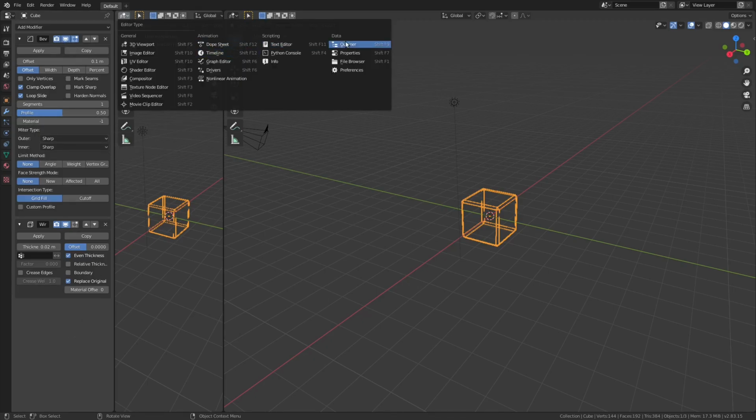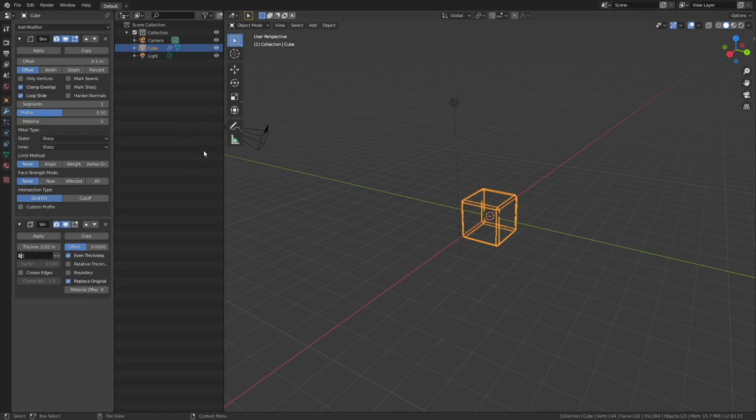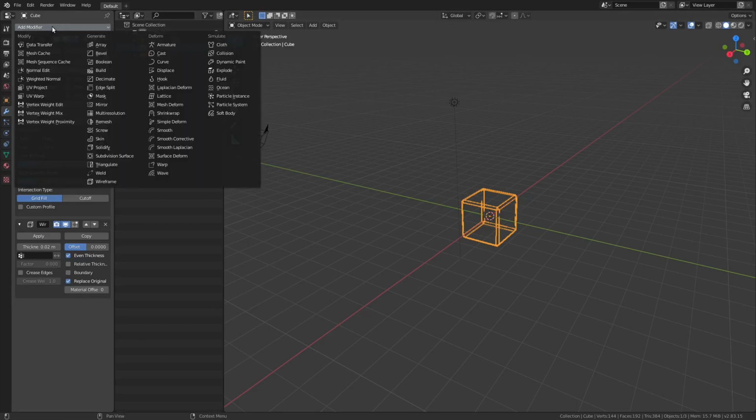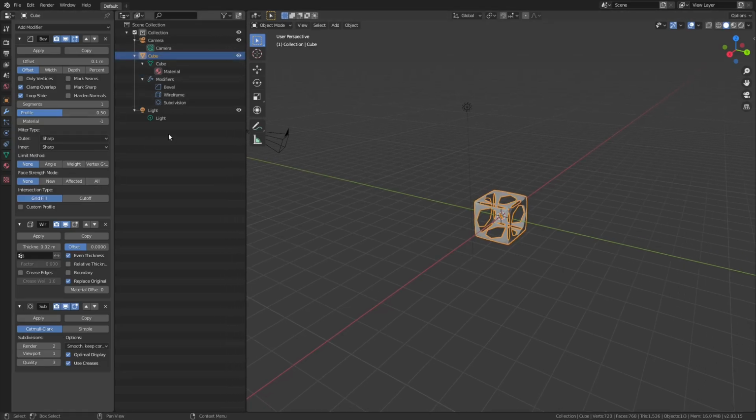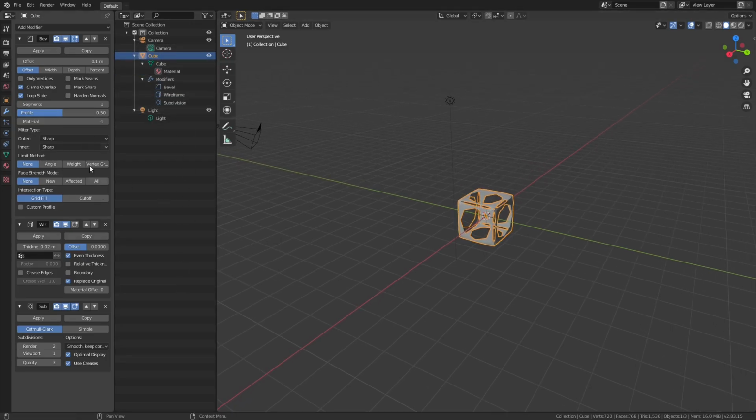Now I'm going to do something similar here where I've got my outliner. And in this case, if we're working with a lot of modifiers, so let's see if we throw on a subdivision surface here, for example. I'm not creating any art or anything, but I just want to show you in the outliner, if you hit the plus key on your numpad, you actually open up and show all these modifiers. And it's really nice to have these two columns to have a lot of vertical space to work either with a lot of objects or with a lot of modifiers. So again, let's just leave it at that for now